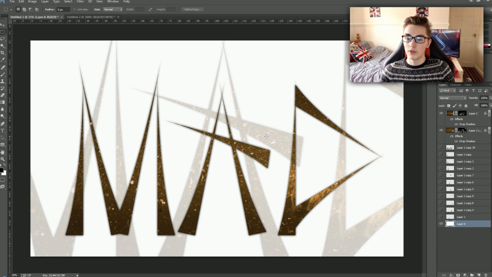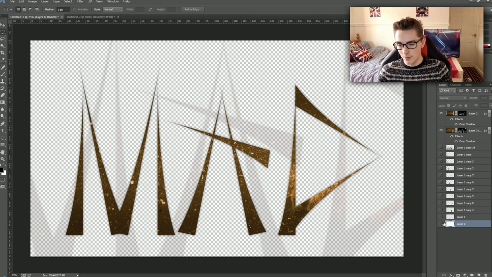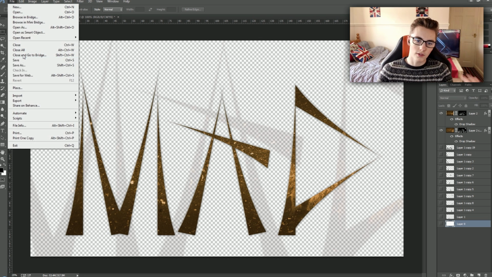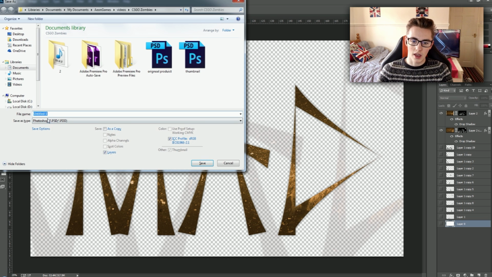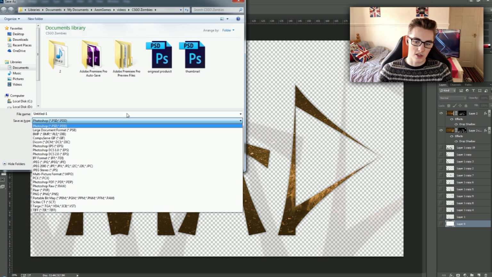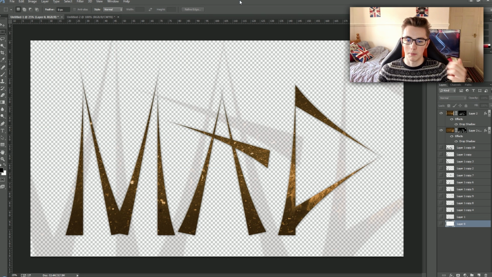Let's say if you want to make this a logo, you could by just getting rid of that. If you just want to make a transparent text to put on a banner or something, you can just get rid of that white background by pressing the little I, go into File, Save As, and then we just go to PNG and save it as PNG, because that means it has no background. You'll still have that opacity, but you won't have the white solid background,